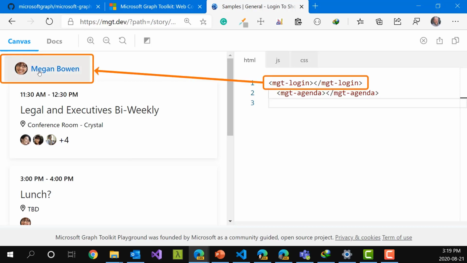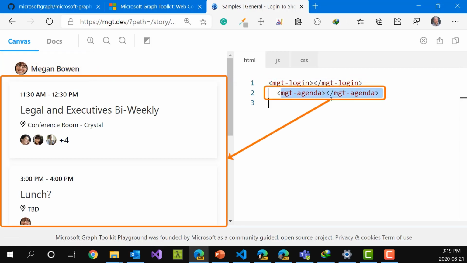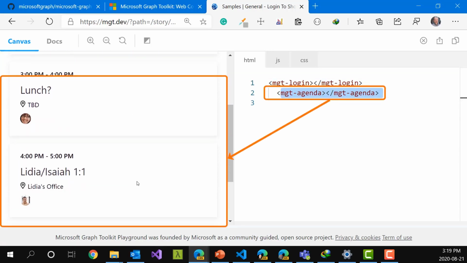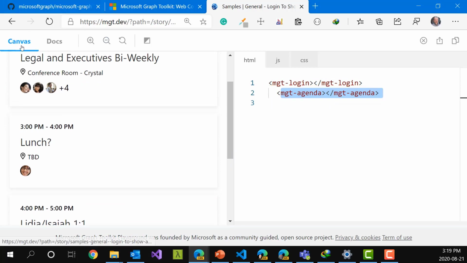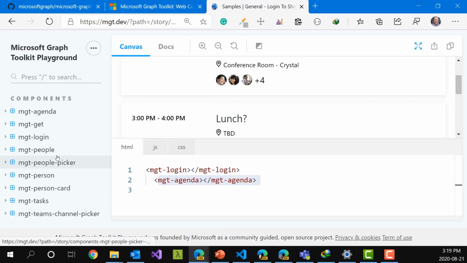At the top is a login component, which will prompt users to log in if they're not logged in yet. But if they are logged in, it will show who they're currently logged in as. And below that is the agenda component, which will show the person's agenda. There's various other controls that are available. For example,